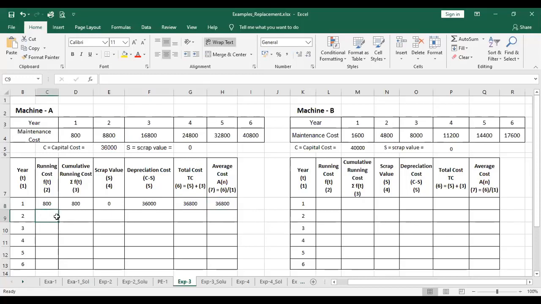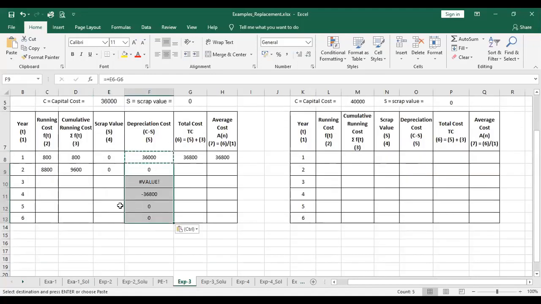Now in a similar way, let me calculate it for the second year, in the same way as we are doing in the case of aging of machine, which is model 1. This is model 1, but first part will be solved by model 1, then we will be introducing model 2. Now for the second year, the cost is 800. Cumulative cost would be how much? It is 800 plus the previous year, which is 9600.